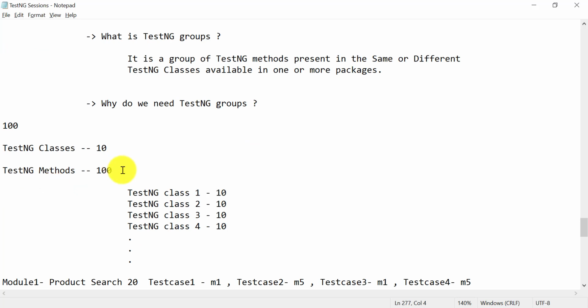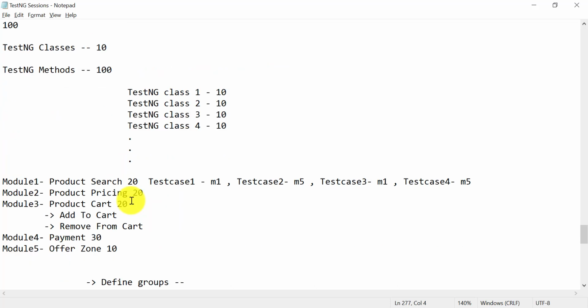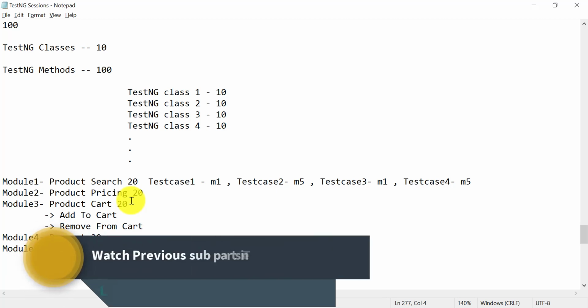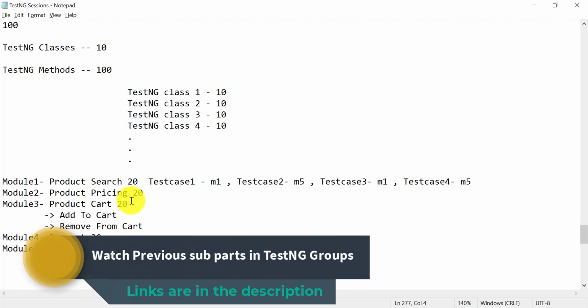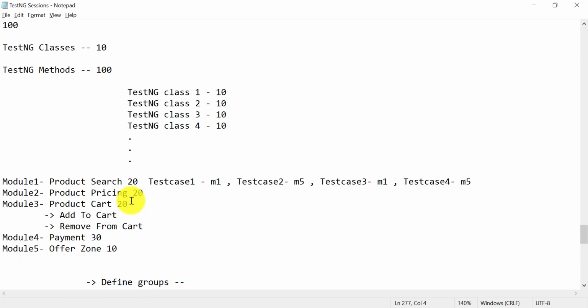If you want to categorize multiple TestNG methods in our framework depending upon the functionality or module they are testing, the best way is to use TestNG groups rather than creating multiple TestNG classes or multiple TestNG tests. It only increases your TestNG XML file, and it will be hard to maintain and hard to update. Okay, so use the TestNG group concept in that.